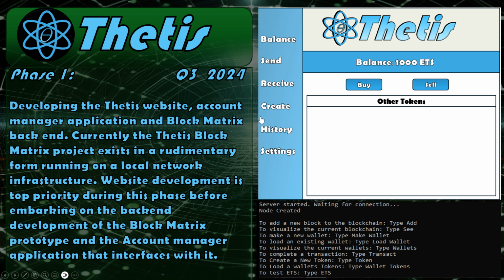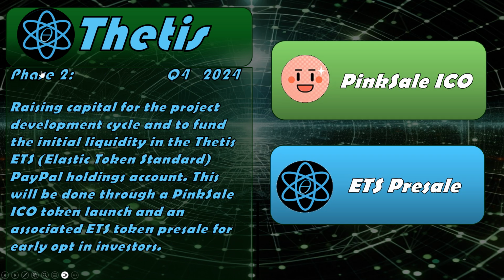All that will be in Q2. So let's just move on to Q2, because I kind of went over this already. Phase 2 is in Q4 2024. Sorry for the confusion. Raising capital for the project development cycle and to fund the initial liquidity in the Thetis ETS Elastic Token Standard PayPal holdings account. This will be done through a Pinksale ICO token launch and an associated ETS token pre-sale for early opt-in